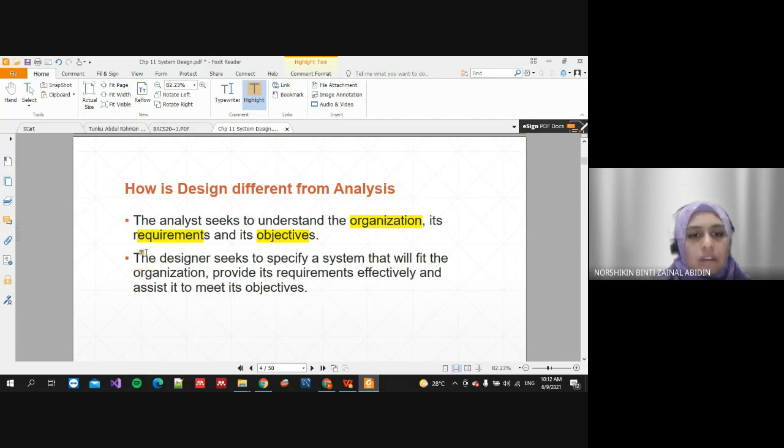It is very crucial because they need to deliver whatever the user wants to the development team, the programmer, the developer. So the designer seeks to specify a system that will fit the organization, provide requirements effectively, and assist to meet its objective. This one is like I mentioned just now. So these people,